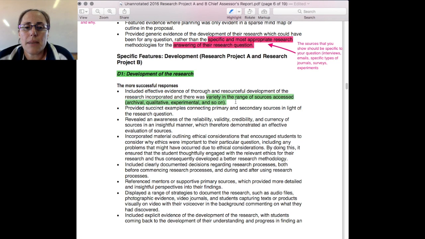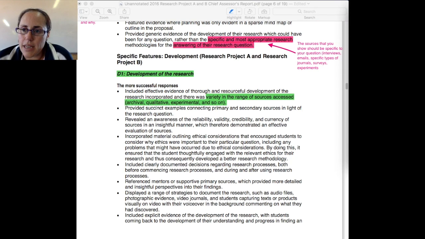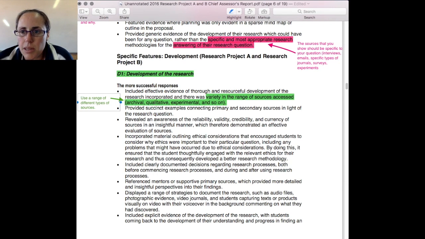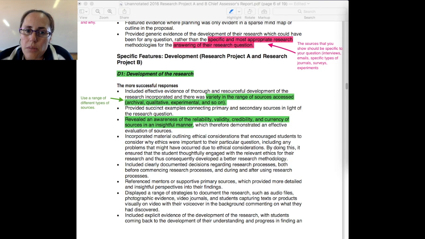First of all, what you need to make sure is that you use a different range of sources. These sources may be surveys, interviews, YouTube clips, whatever it is, but make sure that those sources match your question. The next thing that you need to do is always consider how valid, reliable, credible a source is. Always write that, especially on your 10 pages, but throughout your folio you should also be showing those decisions that you're making regarding those different topics.